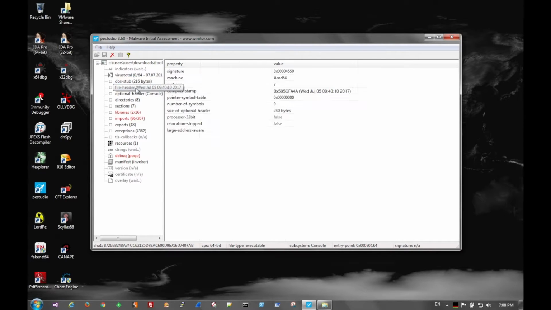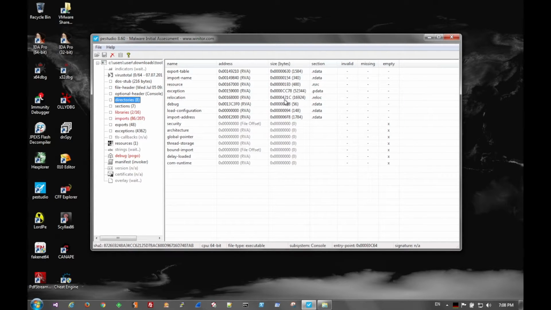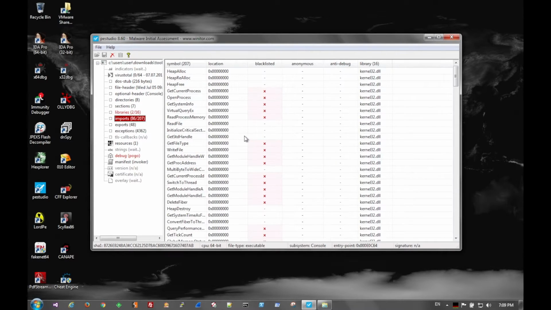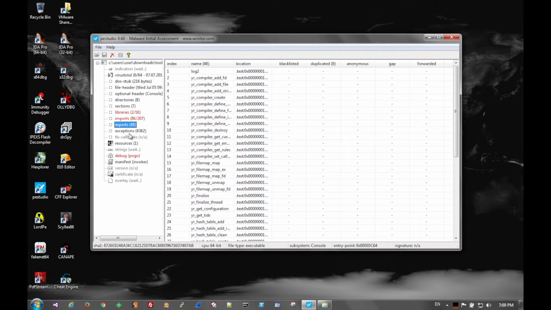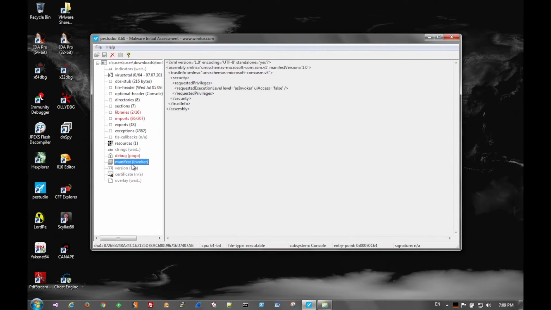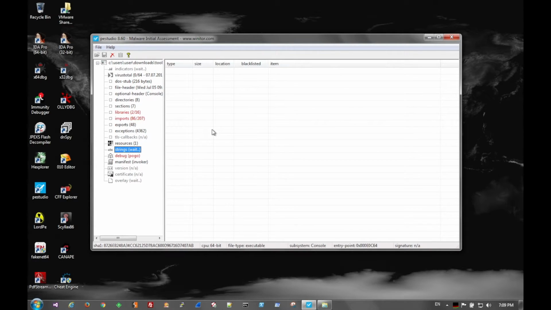It'll give you the DOS stub, the optional headers, the different directories, the sections within the file, the libraries that are imported, the particular imports, the APIs that are called from those libraries that the file uses, any kind of exports. You can look through the resources. Sometimes there are embedded files, pictures, executables, things of that nature. Any sort of debug information, strings. Right now this file has quite a few strings, so it's taking a while, but it will give you a very, very quick overview of the file